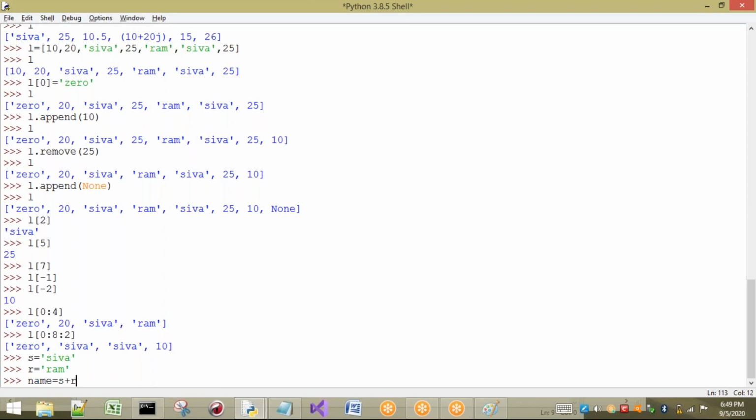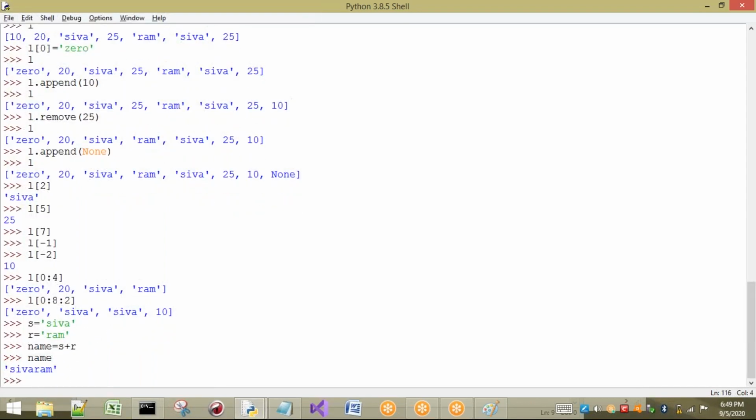S plus R, so let us print name. See what happens. It is going to combine the two strings. That means plus is an operator which helps you combine two strings. So that plus is called the concatenation symbol when it is applied to two strings.